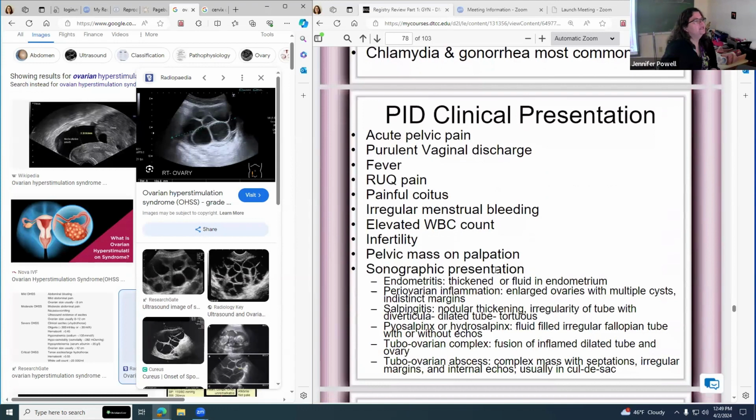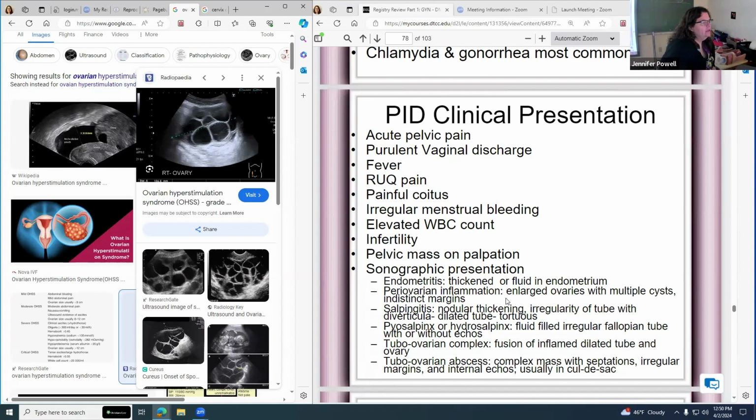So the clinical presentation is the patient comes in complaining of acute pelvic pain, purulent vaginal discharge. Everybody knows purulent means pus, right? Fever, right upper quadrant pain, painful coitus or intercourse, irregular menstrual bleeding, elevated white blood count, as with any bacterial infection or viral infection, infertility, pelvic mass on palpation. Sonographic presentation can look like endometritis with a thickened endometrium or fluid in the endometrium,